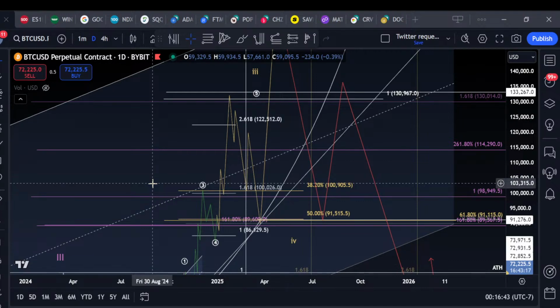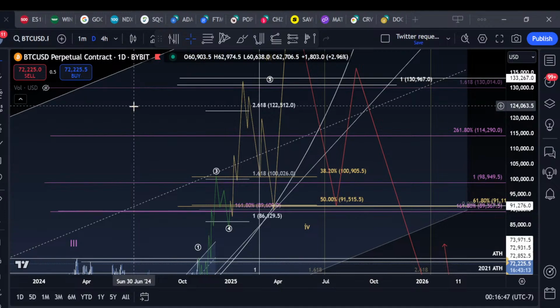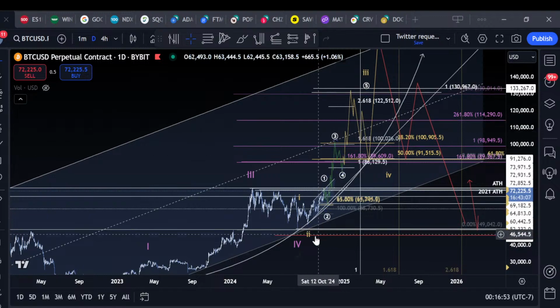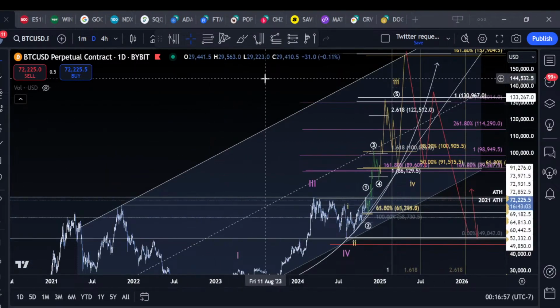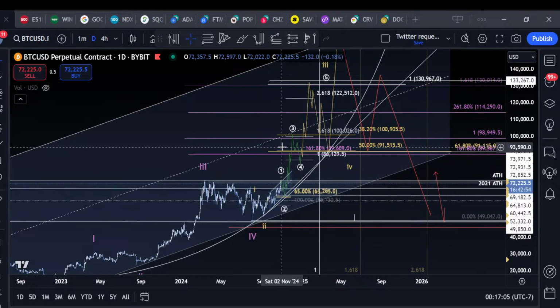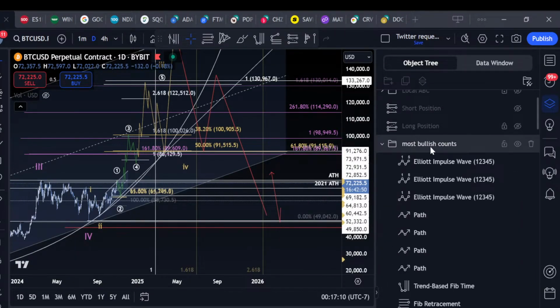There's really nothing else to use at this point other than hypothetical fib extensions and retracements, right? To start getting a feel for what a big parabolic move out of a 1-2, 1-2 from wave 4 would look like, and we have some structure. Am I going to hold to this as gospel as we start breaking out? No, I'm going to see what structure actually forms up here, but this ends up looking something like